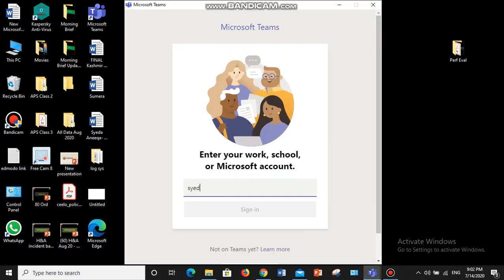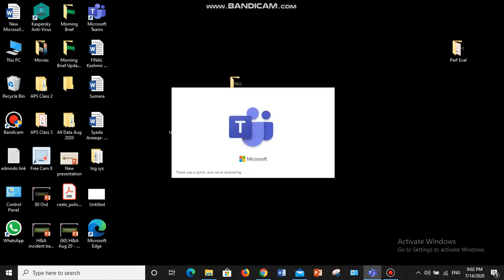Alright, once the time zone is set, you're going to log into Teams. You're going to put here the login ID that I have provided, the CSN1. Since you're going to log in the first time, it might ask you to change your password. Since I'm not signing in for the first time, it will not ask me for the password, but with you it's going to ask for the password and might ask you to change the password. If you want, you can change the password and set it to something that you may remember easily.